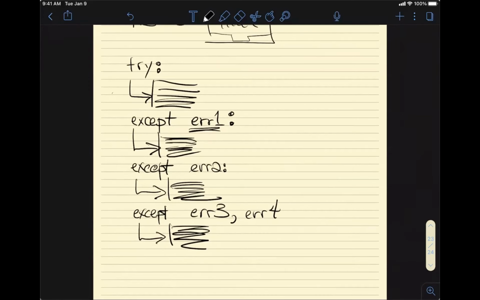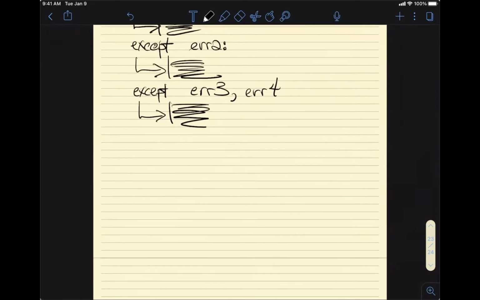Okay, questions? Can you briefly go over the index function again? Oh, okay. Yeah. So index of, for example, some list. And that's the basic way to use it.